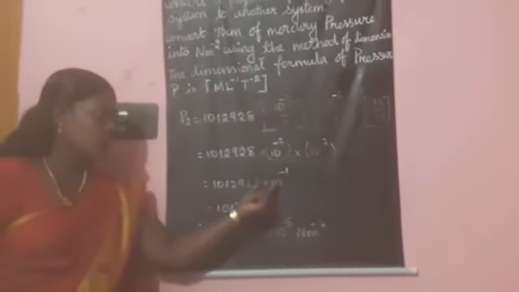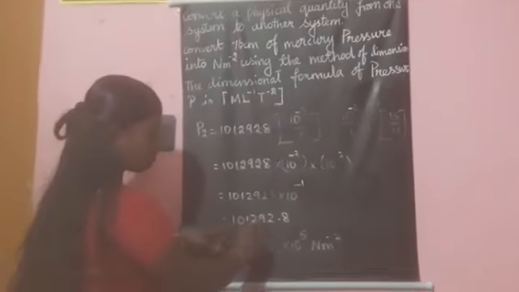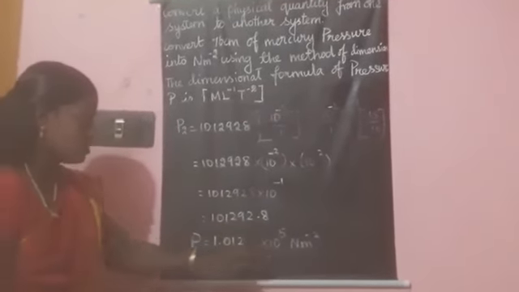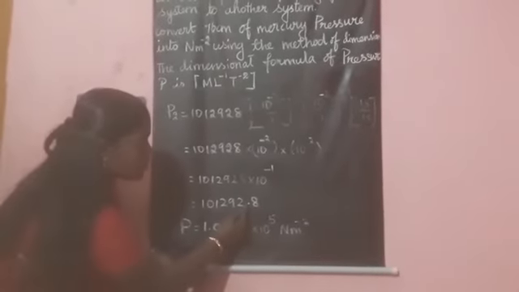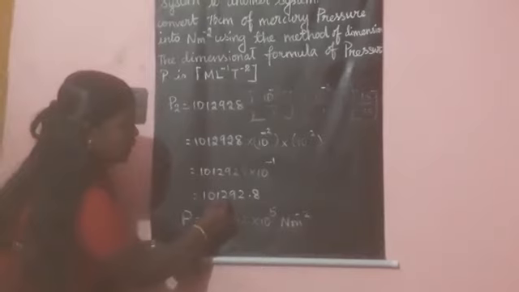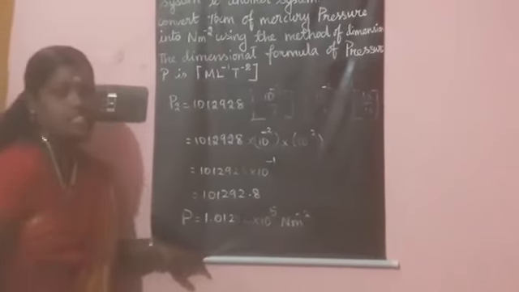So we need to convert from CGS system to SI system. So put the point. Minus value means you have to put the point before that number. So you have to note it: 101,292.8. So this 10 raised to minus 1 cancels. The next, so 10 power 5 is here. So 10 power 5 means this point moves from here to here, which means 10 raised to plus 1. So here plus 2, plus 3, plus 4, plus 5. So you have to note it here: 10 raised to plus 5.